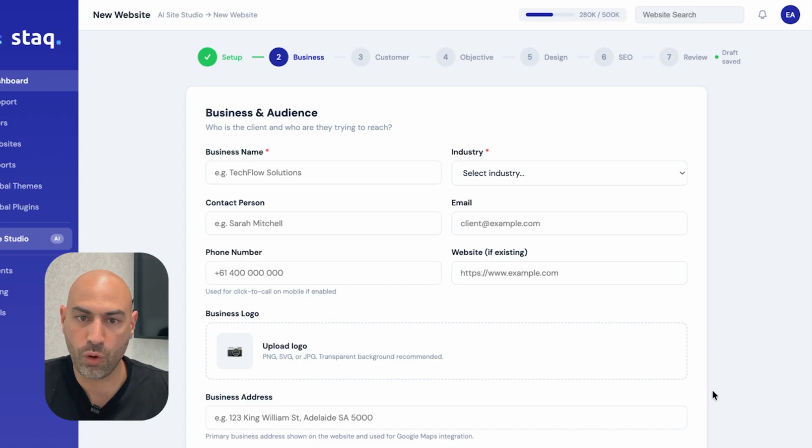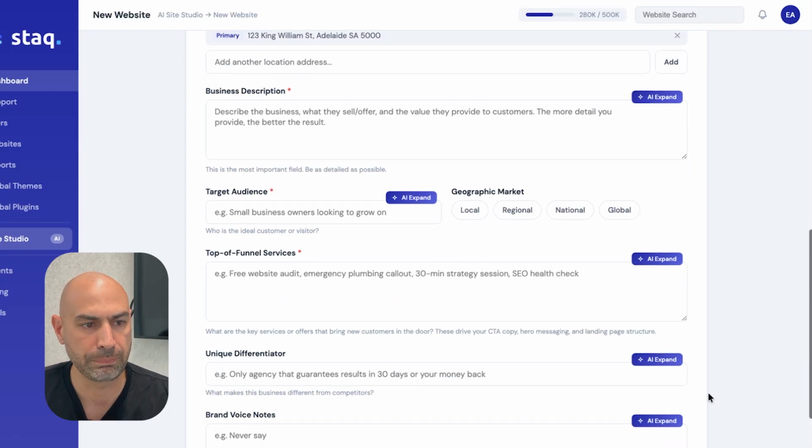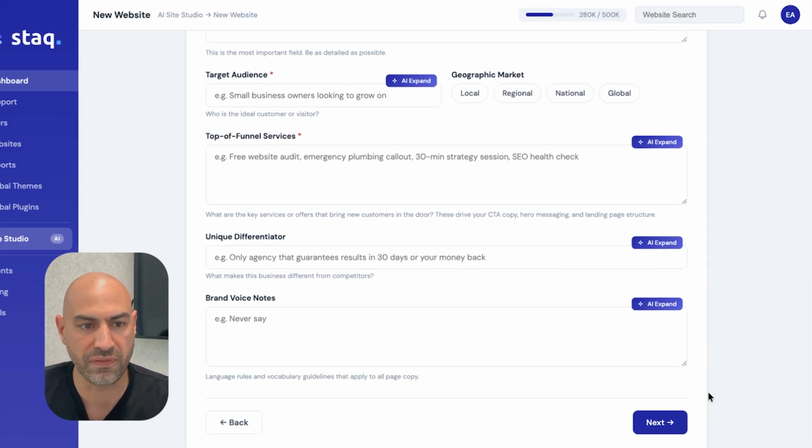Now, this is the advanced form. We're going to have a simple form and an advanced form, but this is the advanced form where it's like a veteran in the branding and design world is asking you questions in order to formulate the entire website strategy. So it's going to ask everything about the business, the locations, target audience, top of funnel services, the unique differentiator about the business, the brand voice,